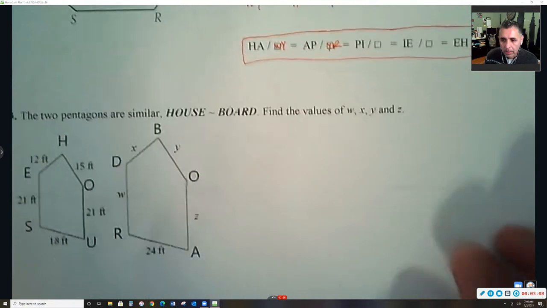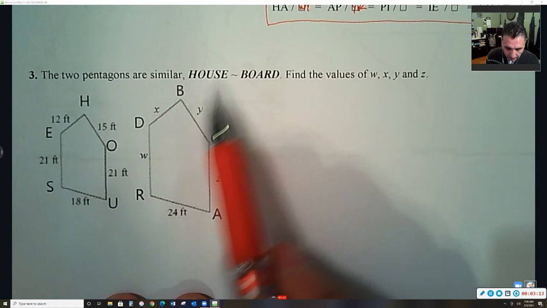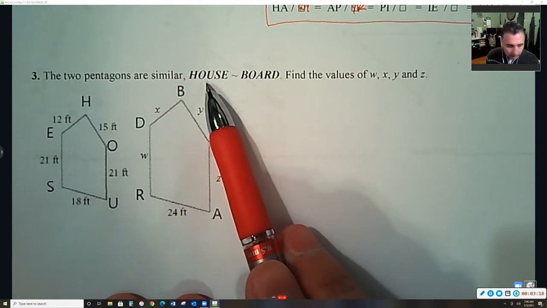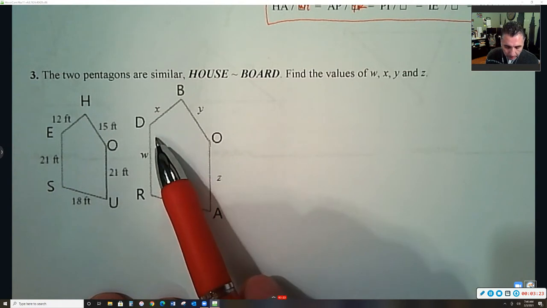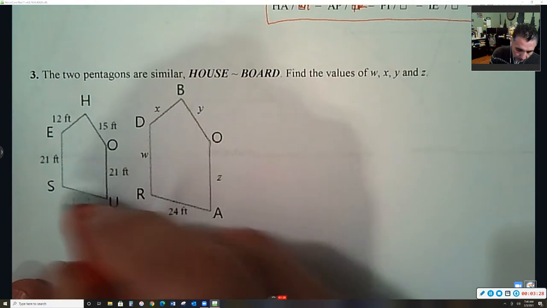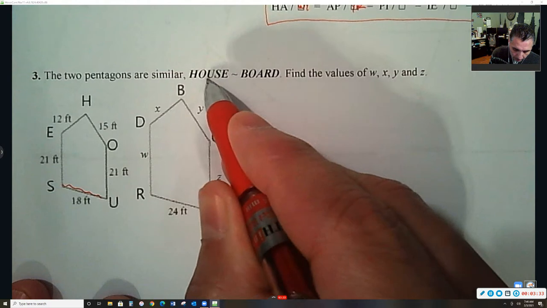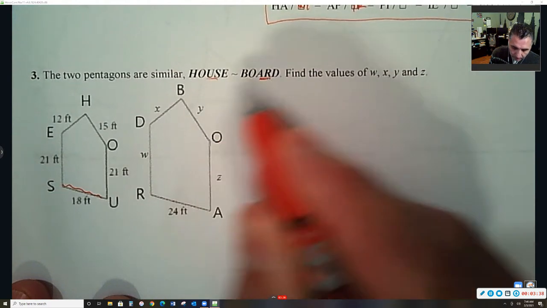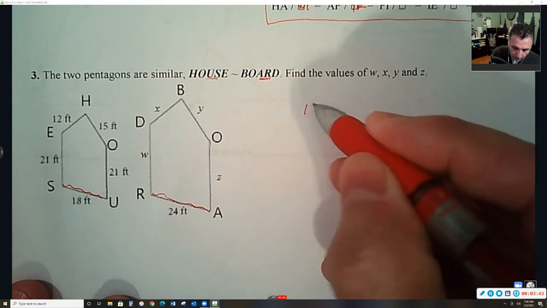And then if you look at the third one, the third question, we have to figure out these missing side lengths, right? Well, they tell us that the two pentagons are similar, so then that allows us to find the missing side lengths. So what I want to do, like, I know this side, which is US, is corresponding sides with AR. So I know those two sides are corresponding sides. So what I could do is write a proportion,